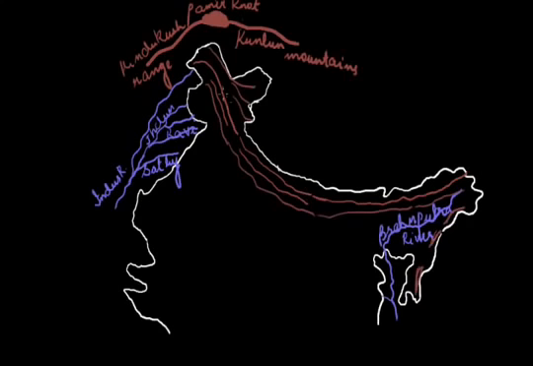As you can see on the screen, these ranges, these extensions, are the Great Himalayas. It is for your understanding that I am using these arrows, but students of geography should not use these arrows. It is on the mountain ranges that you should write the name of the range. The Great Himalayas is the highest mountain range of the Himalayan system. It always remains snow covered and is generally referred to as Himadri. Its average altitude exceeds 6,000 meters and its average width is 25 kilometers.